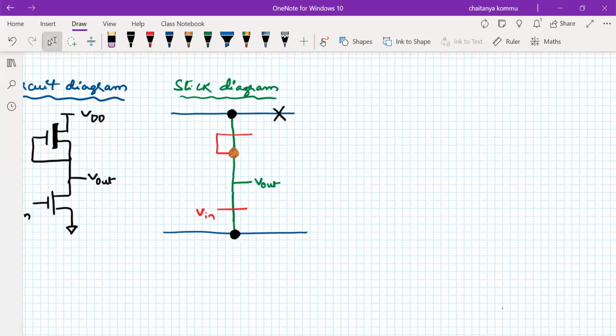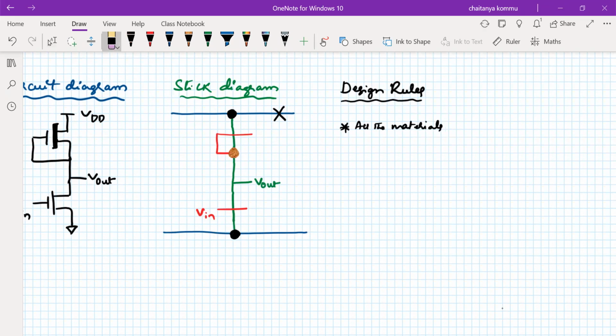Now we have to apply the design rules. Okay. Now what do we mean by the design rules? The design rules that we have to apply to the stick diagram. What are the design rules? Quickly, some things that we will write here. So all the materials, all the layers, you can say it's better, we can call it layers. All the layers